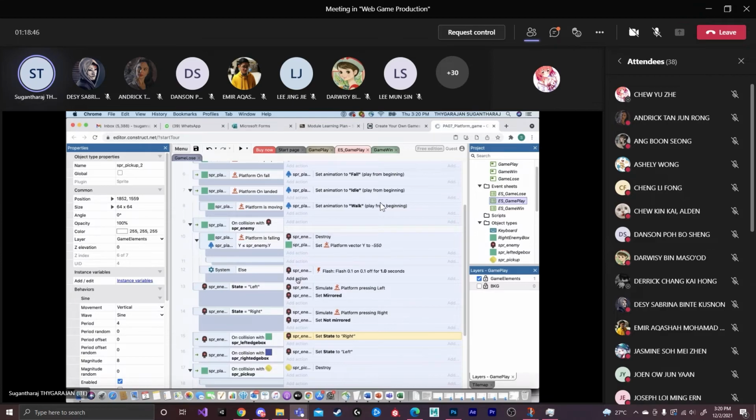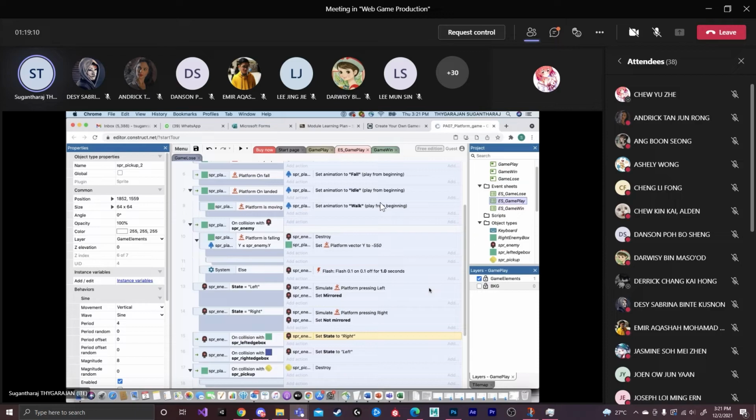Okay, for the else condition, it is flashing, right? In this case, you can add one more action. That means the SPR player doesn't destroy the SPR enemy. This is the else condition. So you can add in one more condition so that your life can go down from 3 to 2.